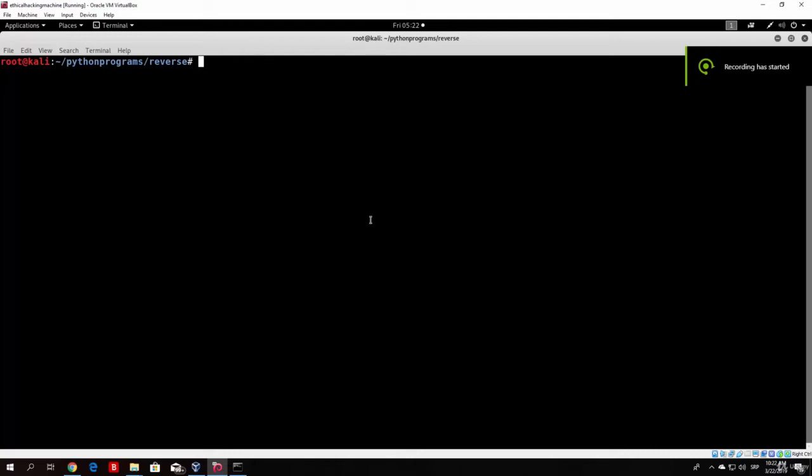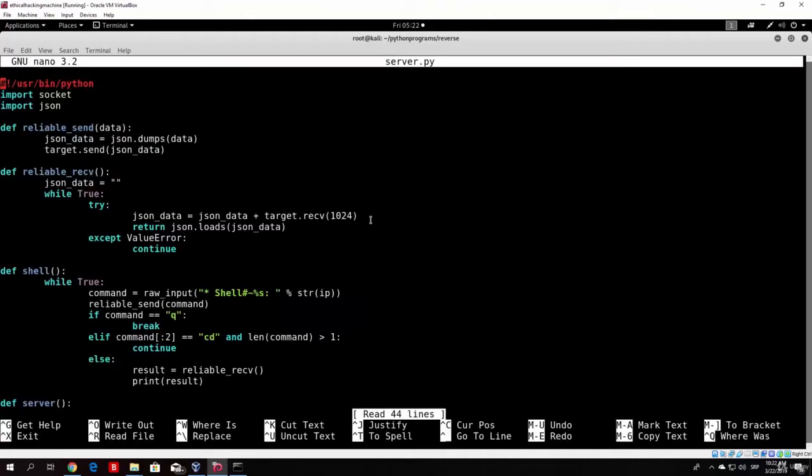Hello everybody and welcome back, and let us now add the download and upload function to our reverse shell. So let us actually first of all do our server, since last time we did first the reverse shell. So right now let us actually code the part of our server. We will have to add both of these functions in both the server and the reverse shell, so they will